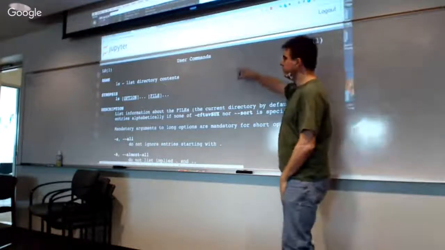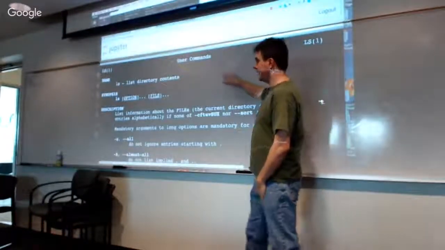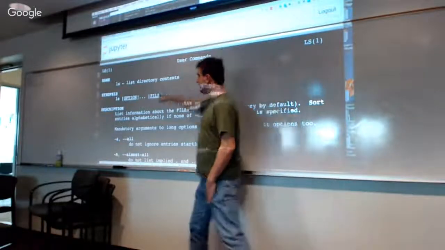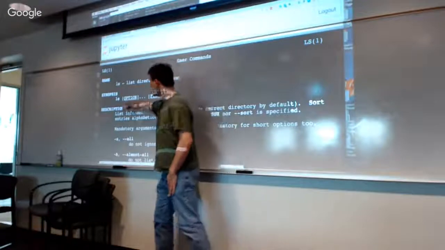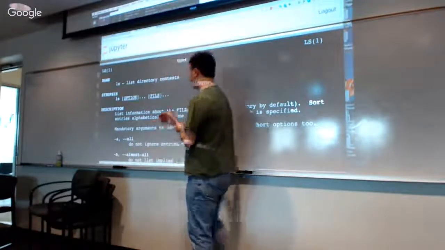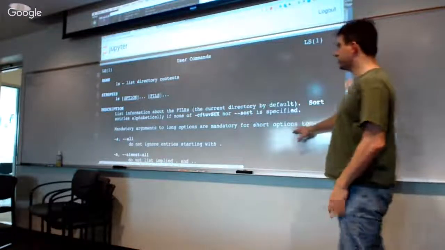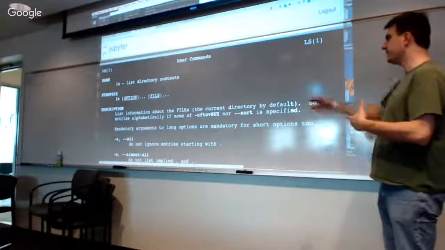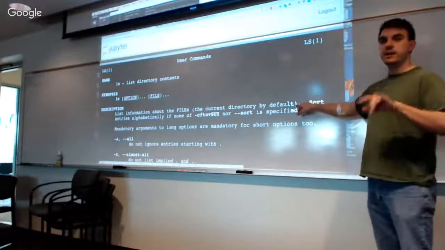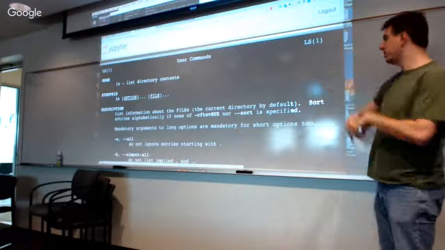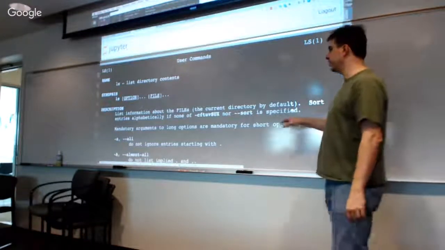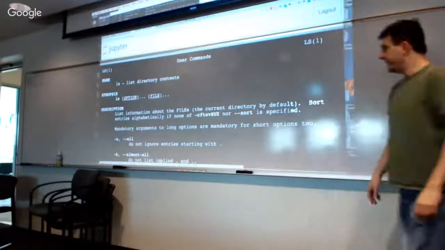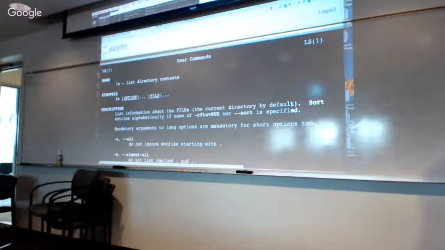What it tells you is that ls lists directory contents, that it takes a set of options and then maybe a set of files, and these are optional. The square brackets mean you don't have to provide them. Then it gives you a terse description: list information about the files, the current directory by default. So when you type ls, it's just looking in the current working directory. It sorts entries alphabetically if you don't say otherwise. And then there's all sorts of